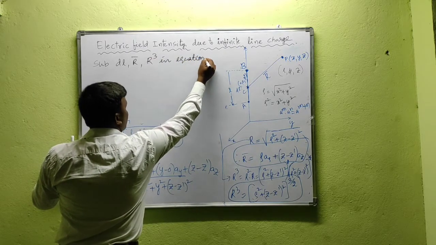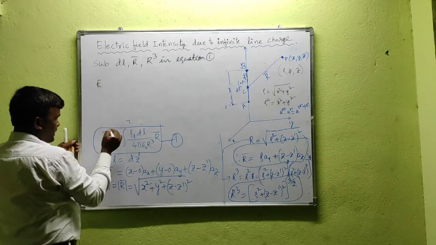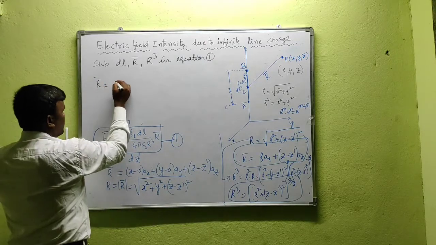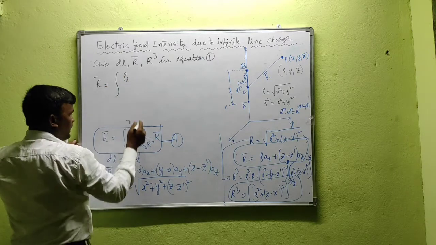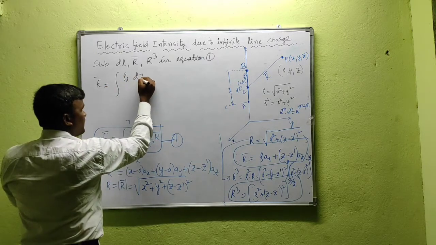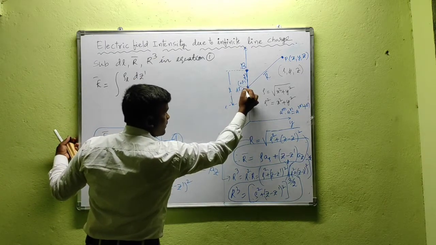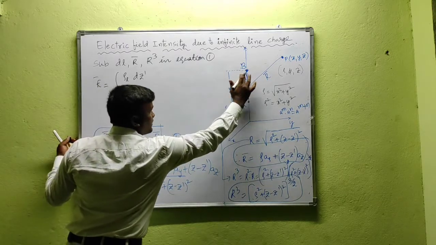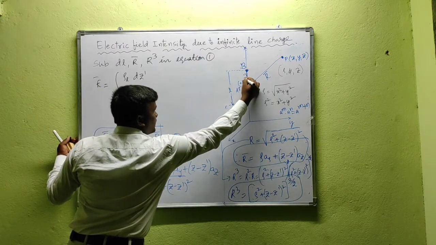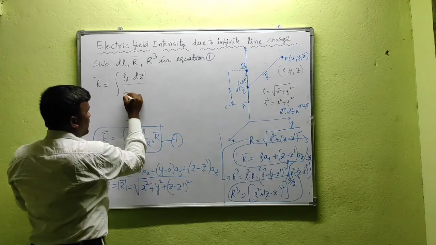In equation 1, we will get E, of course E bar as it is a vector quantity, equal to the integral of rho L dl. Dl is nothing but dz dash. Here the differential length dl, a small length, is dz dash. Here the point is taken as 0 0 z dash. dl is dz dash by 4 pi epsilon naught